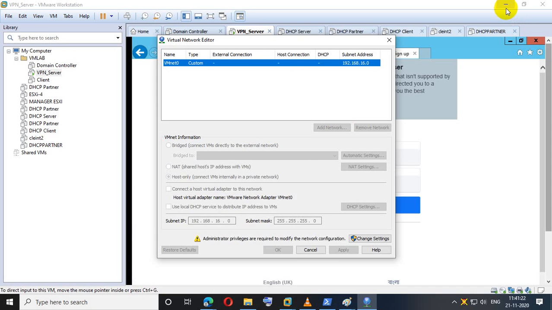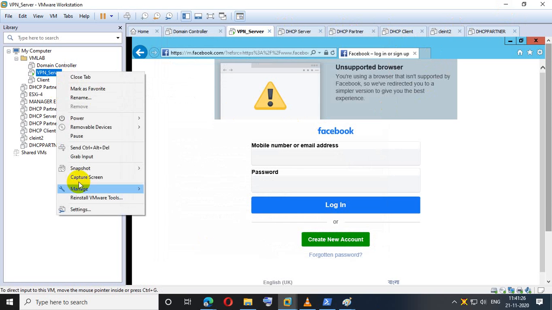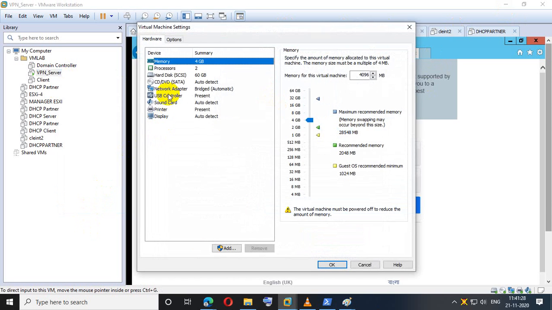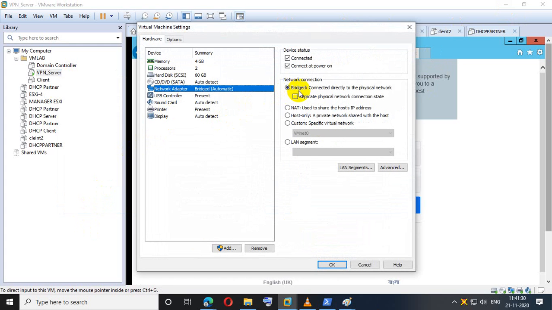Let's say I have the primary NIC card, and for the primary NIC card I'll just make them network connection and keep them bridge. The bridge means you are creating a pool between your workstation machine and your base machine. But the problem is your workstation machine is running under VMware Workstation.